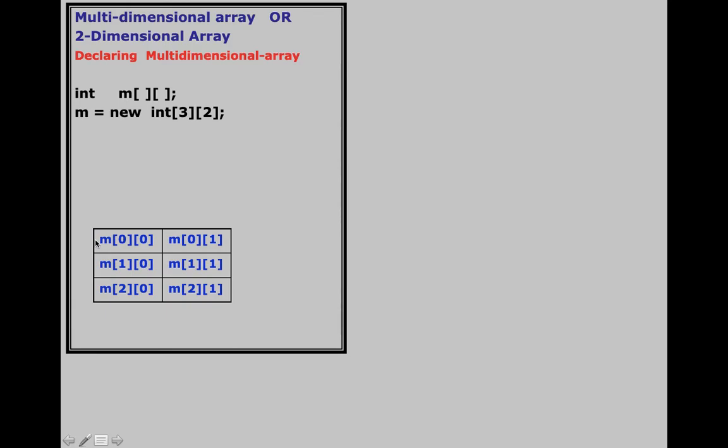Moreover, just like C language, this is row number 0, this is row number 1 and this is row number 2, this is column number 0 and this is column number 1. So if you have an element located here, we'll call that element m of 20. I repeat, it will be called m of 20. So m of 20 means that element of m which is at row number 2 and column number 0. Okay, now can you combine the two statements? Of course you can. All right, this way. So this is the way things will work over here.